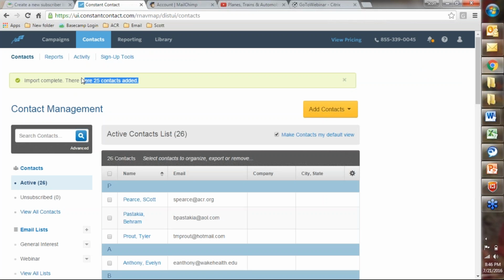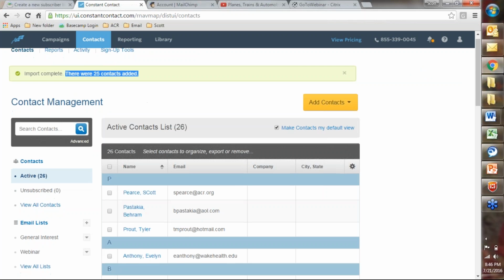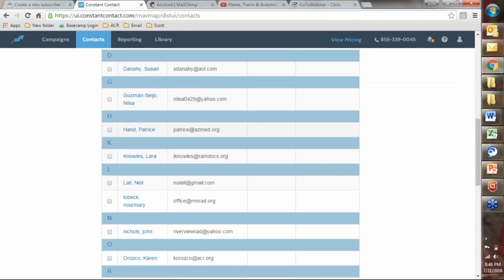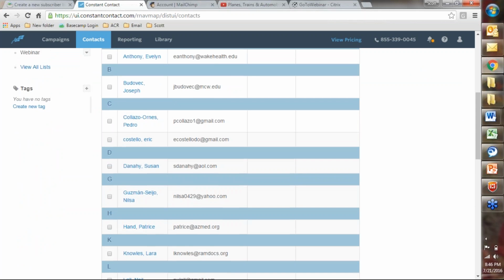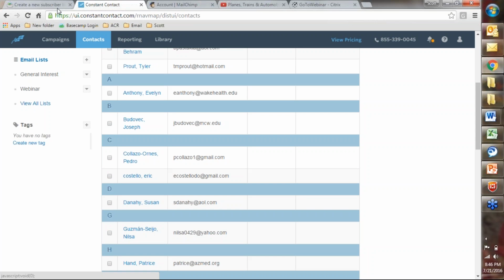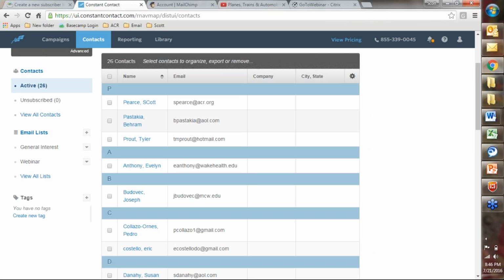And then great, it tells us that they were all added, and then here's what it looks like as far as that's concerned, and very easy. And you can eventually just click on them. It gives you details about the amount of different types of the emails they've received and kind of what they've done in each email, if they've opened it, and how they've interacted with it. So it's all a really easy process.